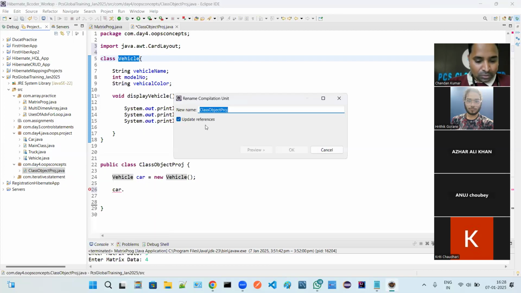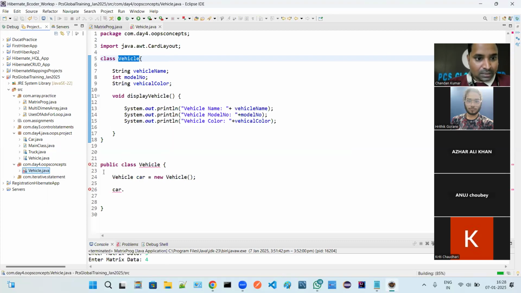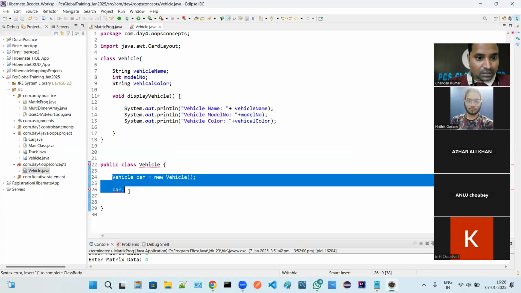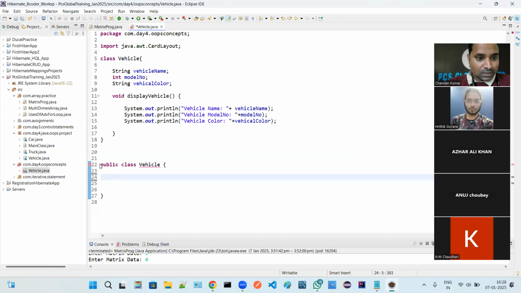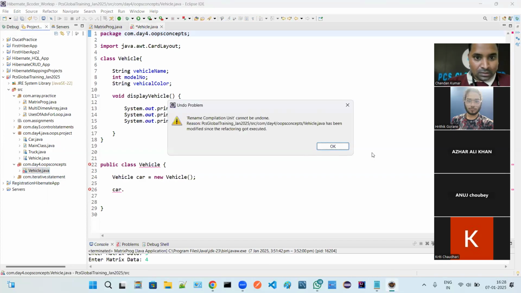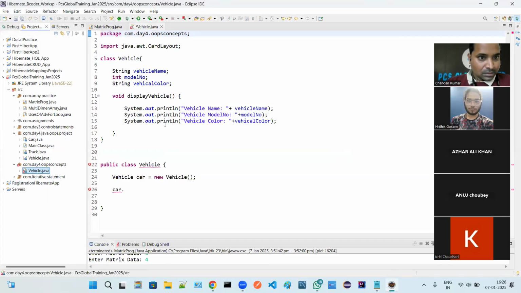I hope you are not getting bored. So vehicle, let me update it. And now after updating, let me cut it over here. Okay, fine. Previously it was correct. Let me do one thing. Vehicle.